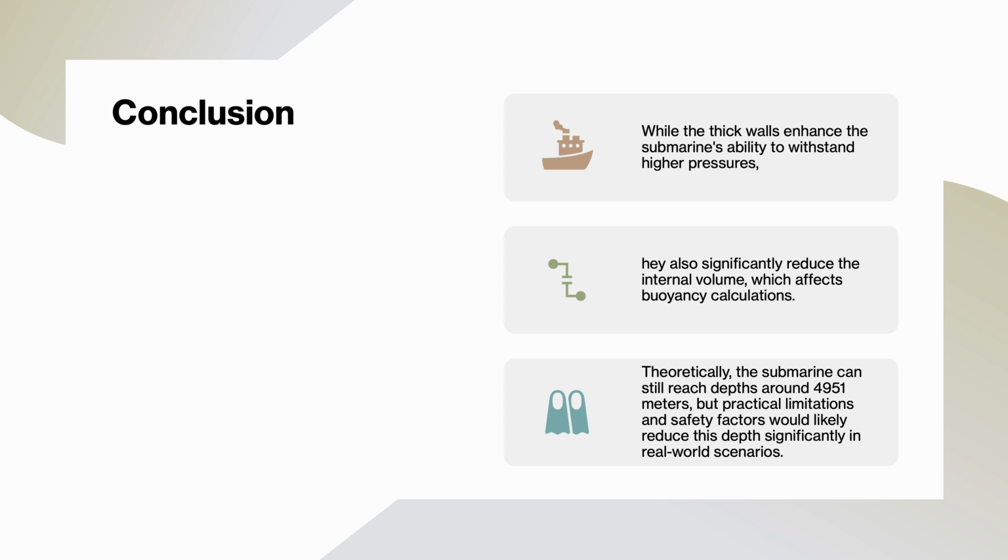4,951 meters. So what are the conclusions and what did we learn from this video? While thick walls enhance the submarine's ability to withstand higher pressure, if we increase the thickness of the wall, we will reduce the internal volume. And if we reduce the internal volume, it will affect the buoyancy calculation and could reduce the maximum depth that we could achieve. Theoretically, the submarine can still reach a depth of around